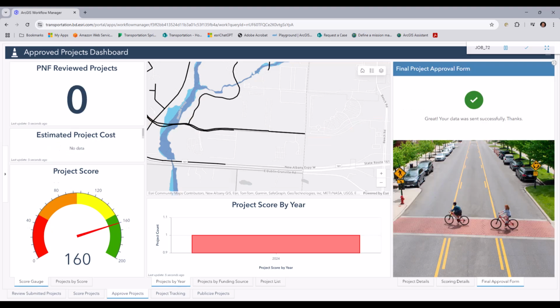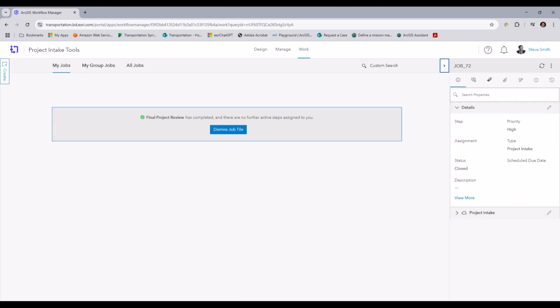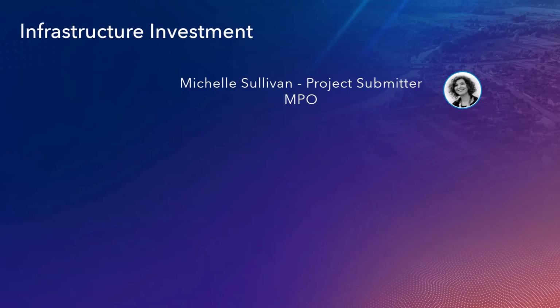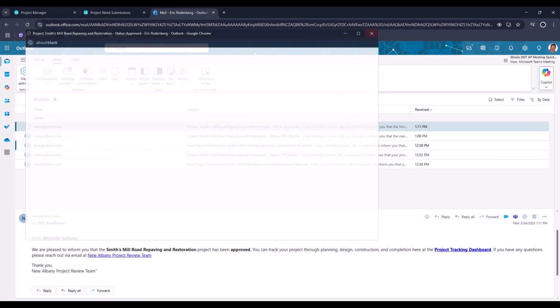and finish the job. Once the job has been completed, it goes away from my list. If I were to have passed on this, then this would have come back, and then I could have put this basically in a save state where I come back to it at some other point based on review comments that the submitter gets and whatnot. But Michelle has our new email waiting that says the project has been completed. She can go to the project tracking dashboard. So if we go ahead and do that,